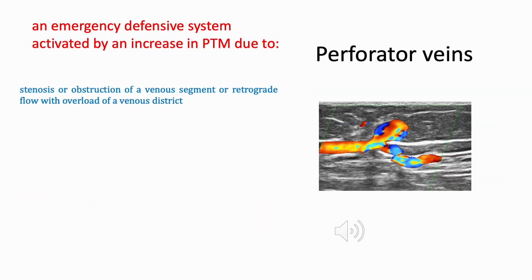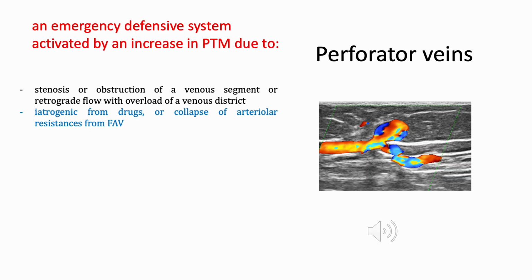Perforators represent an emergency defensive system activated by an increase in transmural pressure, due for example to stenosis or obstruction of a venous segment, or retrograde flow with overload of a venous district, pro-angiogenic drugs, or collapse of arterial resistances in an arteriovenous fistula,